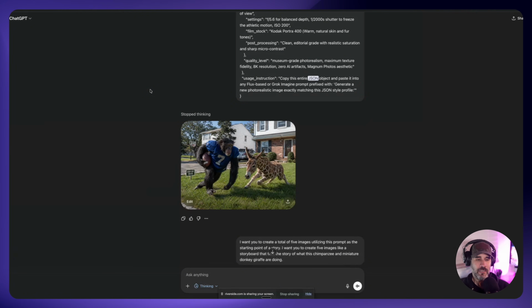One of the hacks that I found is to just copy the image, bring it into a new chat, and do it from there. But if you find that there's mistakes or something that you do not want in the image, and you prompt for it, for instance, let's say we wanted to have the keep off the grass sign removed here. We can do that, and we'll remove the keep off the grass sign. But then if we ask it to do something else, it's going to use that second image to create the third image, as opposed to utilizing this first image.